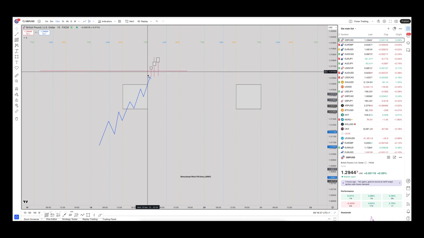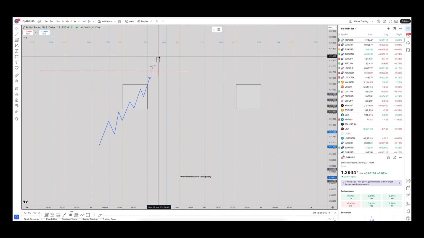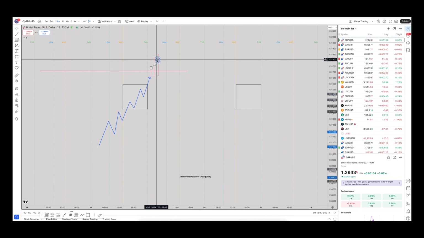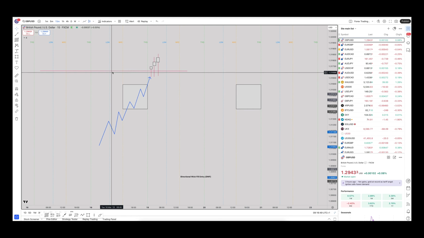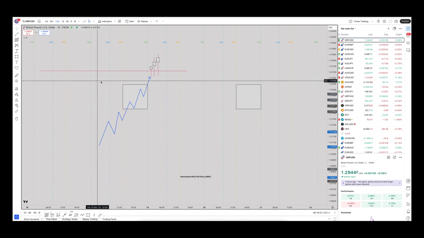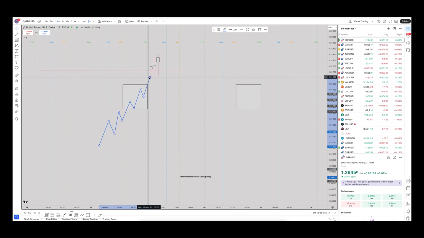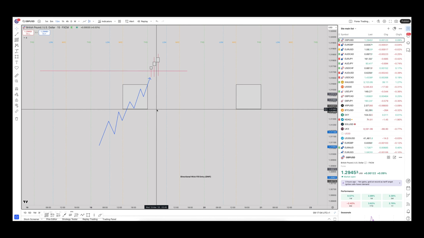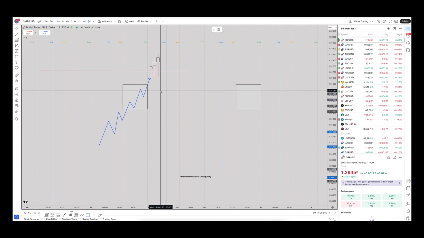Generally, if you're starting to get something like this, but price is slowing down, and again, if we have a doji, something like that, then what we're looking for is an indication that, let's say this is a weekly or a daily high, we want bearish confirmation. So the first thing that we're thinking, and this is the first thing you've got to think every day, is I want price to come and fill Asia range, right? That's what we want to see. We want price to come down to fill Asia range, and then it can do whatever it wants to do from there. But if you then get a candle which fills